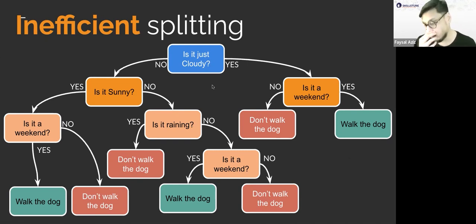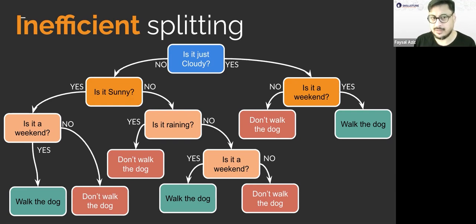And the machine learning algorithm has a way of calculating. Because you might ask, how in the world will the machine know whether to first ask whether it's cloudy or not, or whether it's a weekend or not? Because the machine does a calculation. There are two ways of doing a calculation: one is an entropy calculation, another one is a Gini calculation. I generally tend to use the Gini calculation, whereby I try to purify the condition.